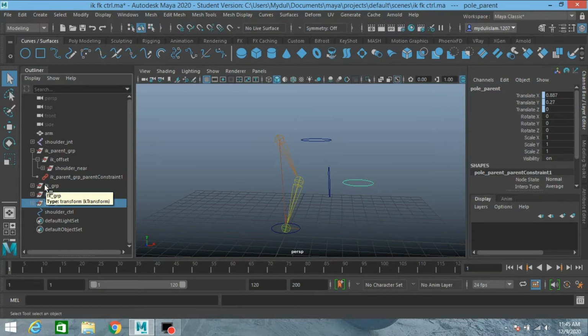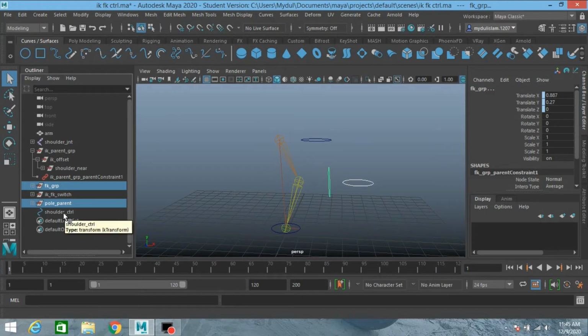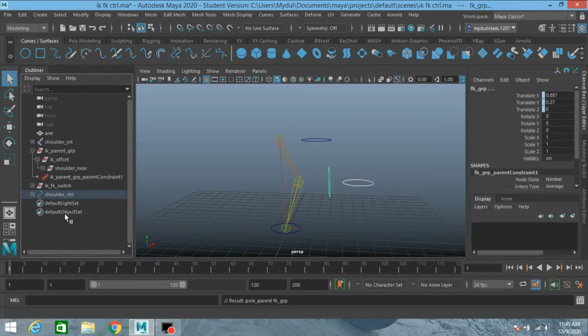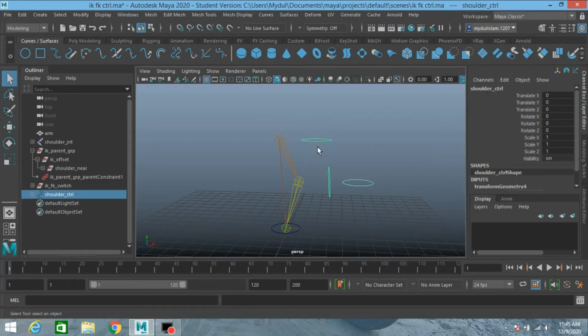Control select the FK group. Again shift select the shoulder controller from the viewport and control select the shoulder controller from the outliner. Press P to parent it to the shoulder controller.